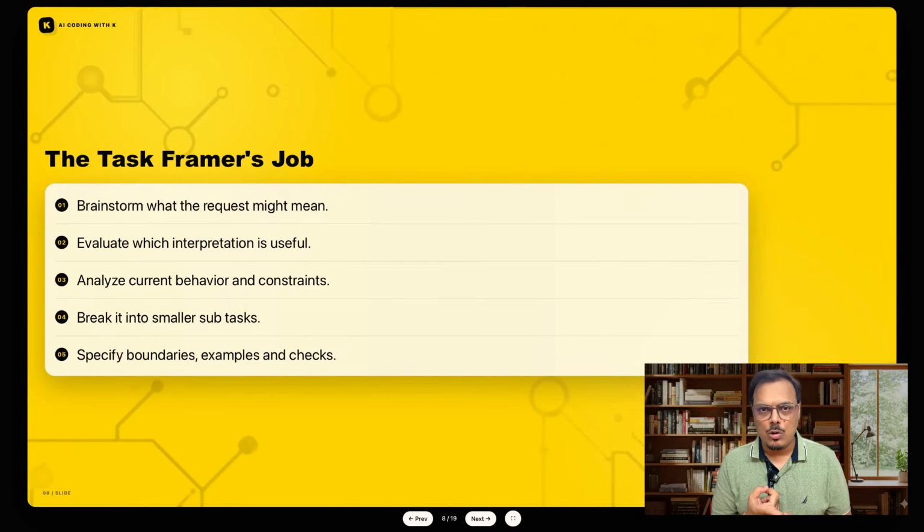You need to evaluate the possible solutions to perform that task, figuring out the alternate options, interpretations and implementations you can follow. Then you need to analyze the current existing behavior and constraints, whether architectural,